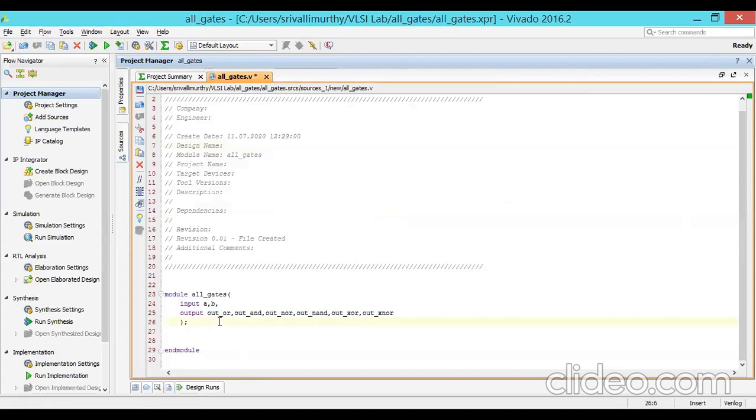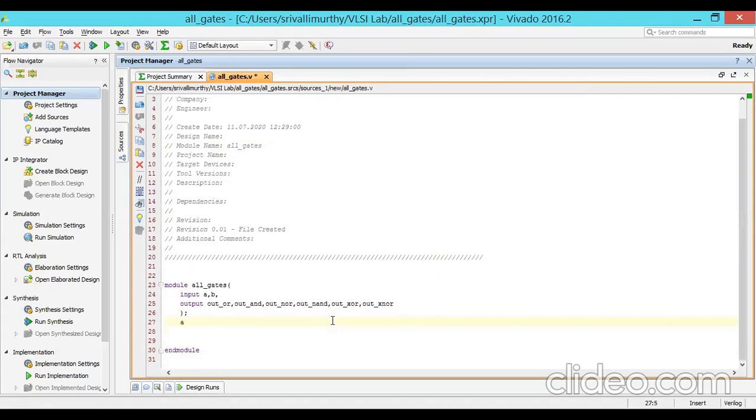The program. Please see the program. Assign out_r equal to a OR b; assign out_and is equal to a AND b; assign out_not is equal to negation of